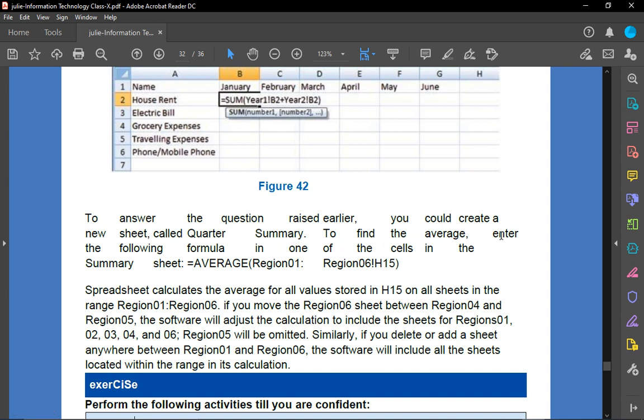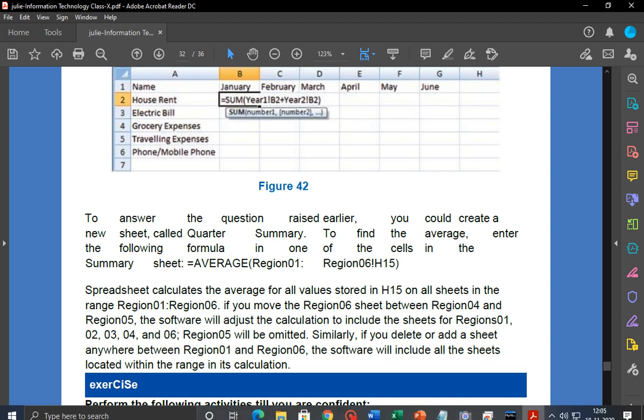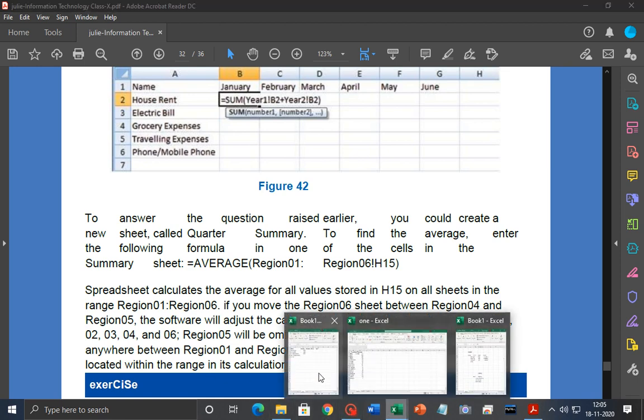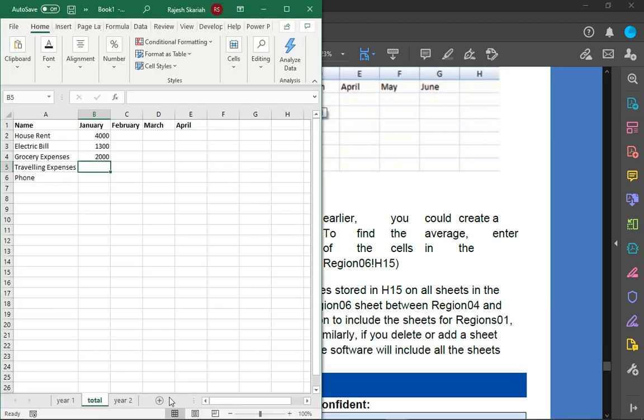To find the average, enter the same way. In a workbook you can create any number of worksheets, maybe region 1, region 2, etc. And if you want to find the average of these two, what do you do? In the last cell,